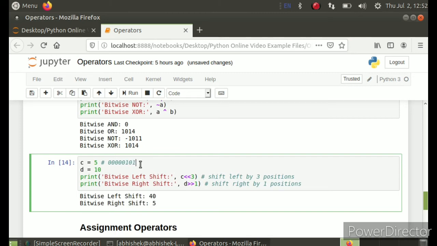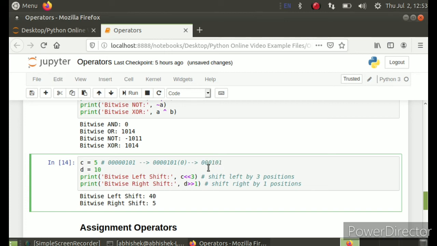5 can be written in 8-bit binary representation as 00000101. If I shift this by 1 bit, what happens? The extreme left side 0 will be removed, and after one shift it will become 0000101, and then I have to add a 0 at the right side. Let me write this 0 in brackets. This 0 written in brackets is the 0 I have added, because a 0 from the left side has been removed or shifted. Let me do one more shift.